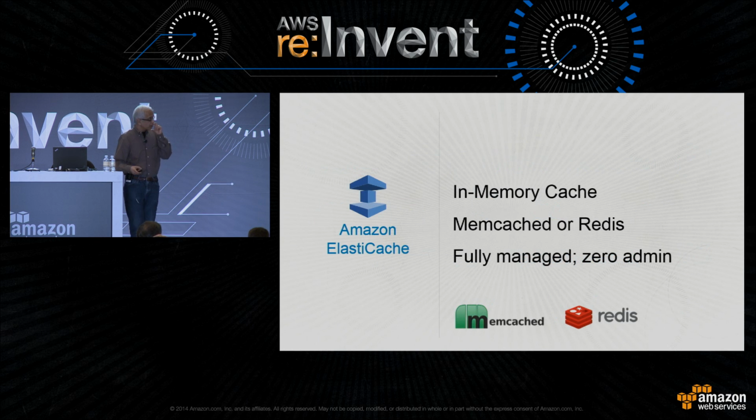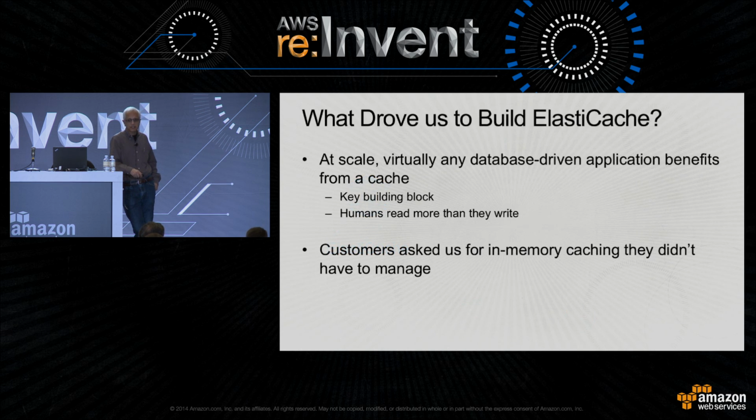Okay, let me quickly go into some other services, 2 more. I have a few more minutes to walk you through these. ElastiCache is a caching service that started out as a memcached service and now supports Redis. It's fully managed. And in this case, it was a pretty simple decision to do it because Amazon RDS had been out there and many people that were using it were benefiting from the fact that we were managing all the muck and they were getting all the benefits of total cost of ownership being lower because we do all the management, and they asked for the same thing.